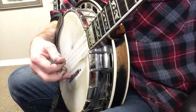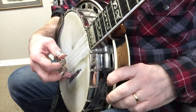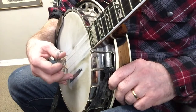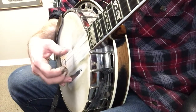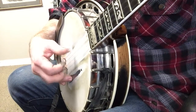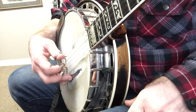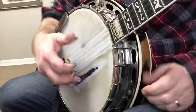Check the tuning anytime you move your banjo. Good enough for our purposes. Once again, the wrist is up so, and I've got my picks curved a little bit so that I can get to the tips of the picks with the string. And you notice how that minimizes my movement, okay? So I'm not shaking around, and I'm kind of minimally moving, and that's how I can get a good tone that way as well. If the hand is flat,